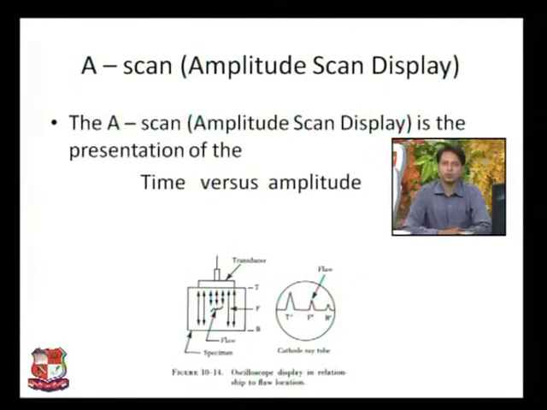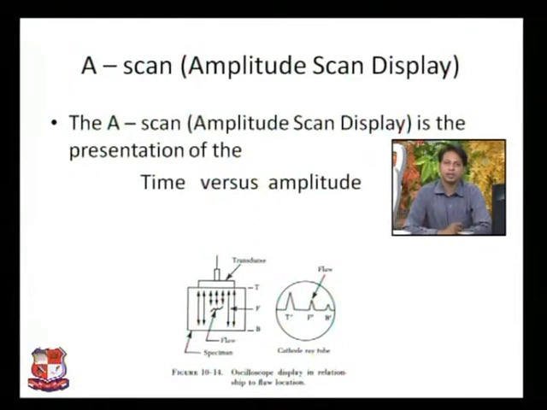If we are getting the output and we plot the graph of time versus amplitude, then in that graph we can also trace that defect. You can see the small circular portion in which you can see the waveform. The first one is bigger and the last one is smaller, and between them there is a small form which represents the defect. So this is the main amplitude scan display.